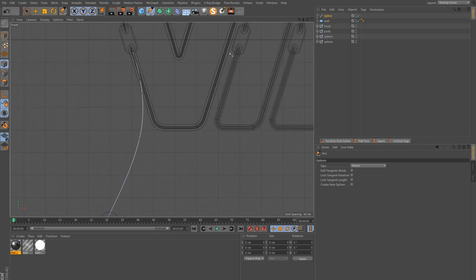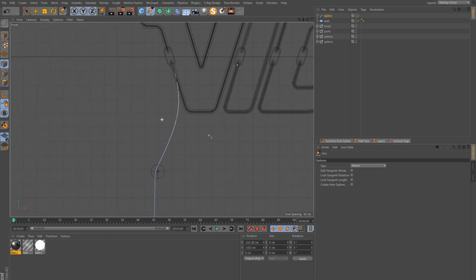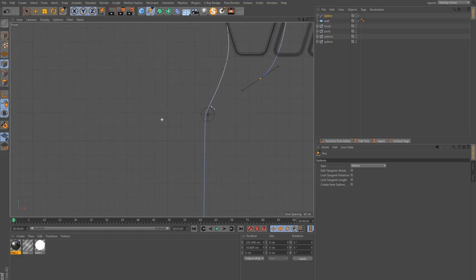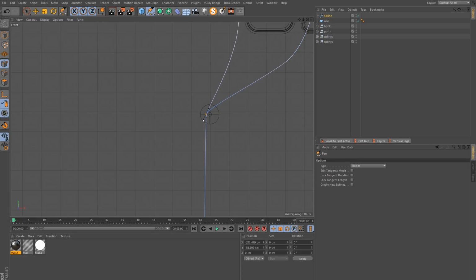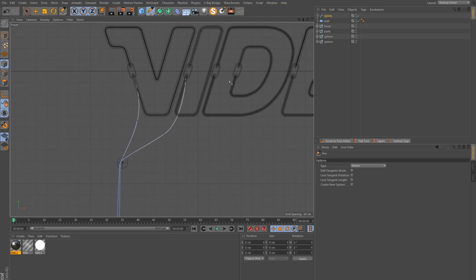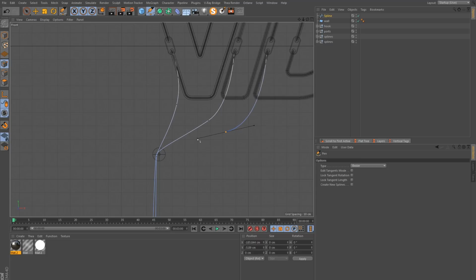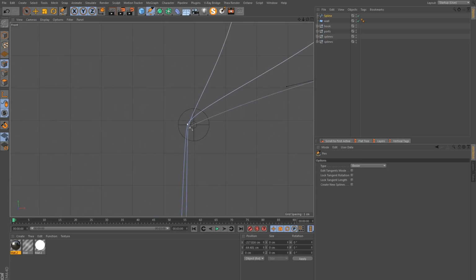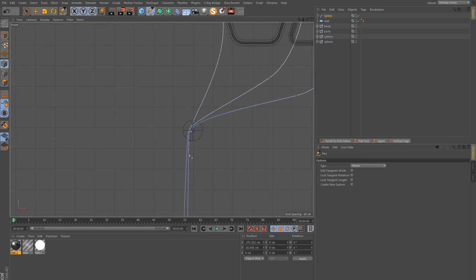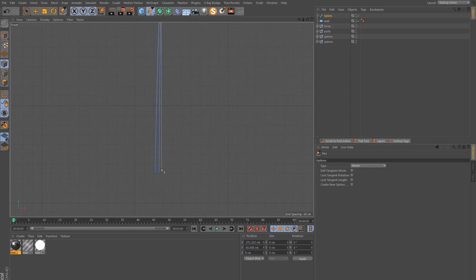So just do this for all the sections where there would be a cable, and try to draw this in a realistic way. And by that I mean how the cables will hang off because of gravity. So trying to mimic how this might actually be if these were real cables.